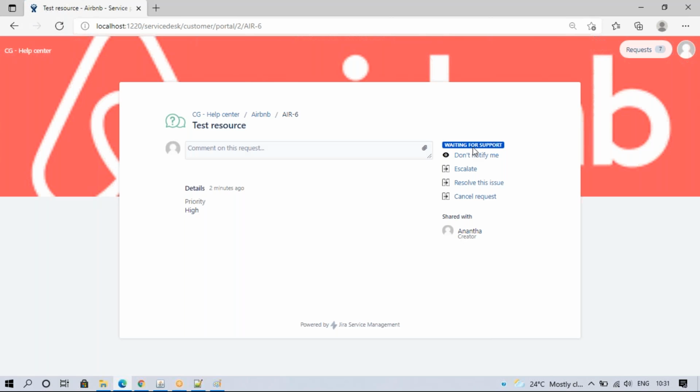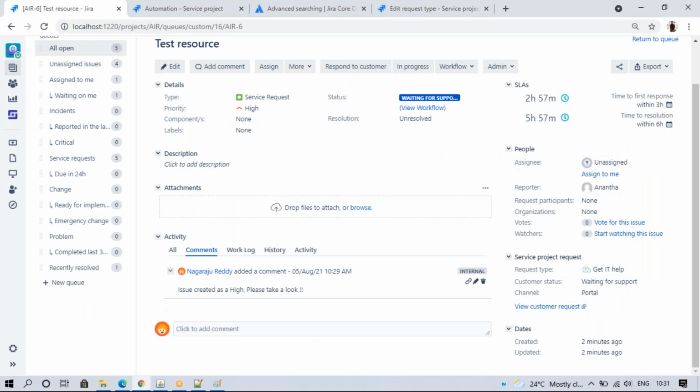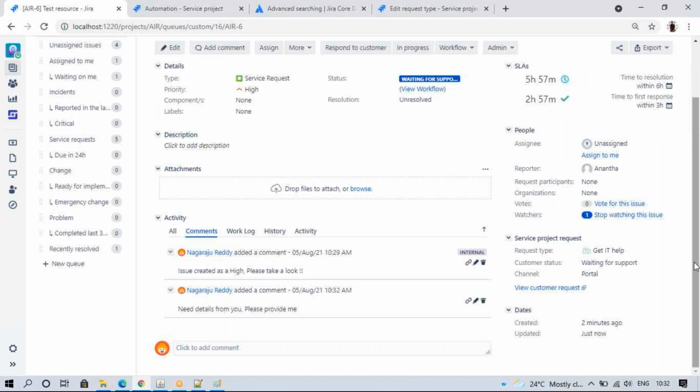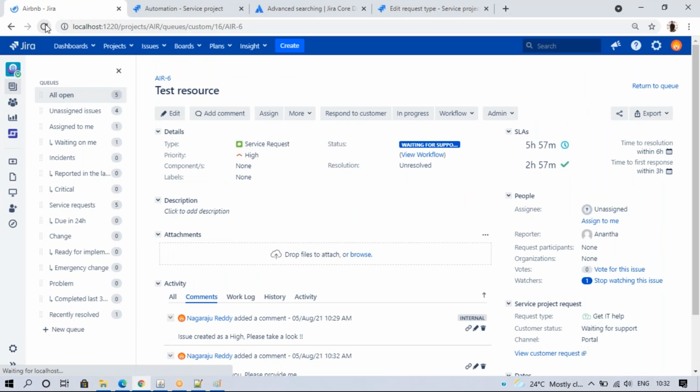So now if I refresh it here, it's waiting for the supporter only. But I'll add a comment. Okay, so example. Suppose the comment is public. If I add a comment internally, it will not change. Public means it's shared with the customer. When you share with the customer, it will come with two options, like internal and portal. So share with the customer. So add a comment. So if I refresh this page,